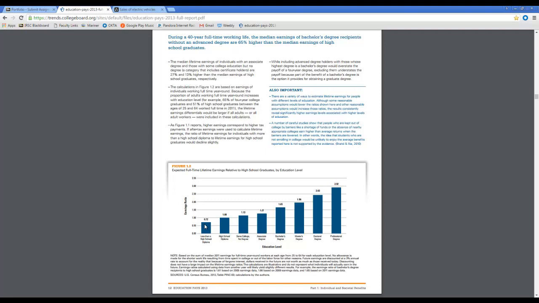High school diploma, that's just 1, because of course we're comparing this to a high school diploma. So the person that has a high school diploma makes exactly what a person with a high school diploma makes. So that's 1. Some college, that is 1.13. Associates, that is 1.27. Bachelor's, that's